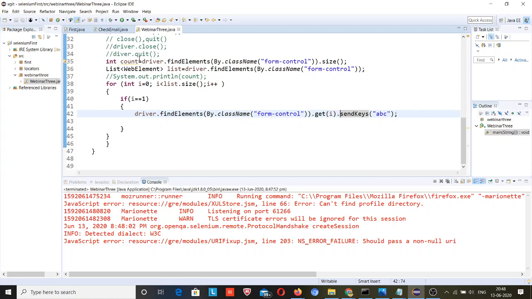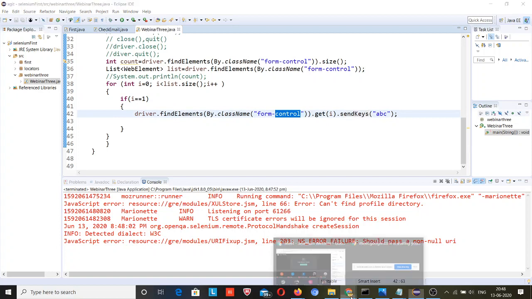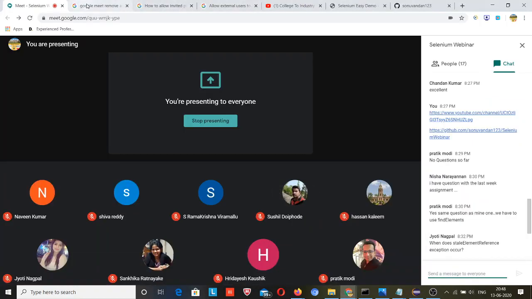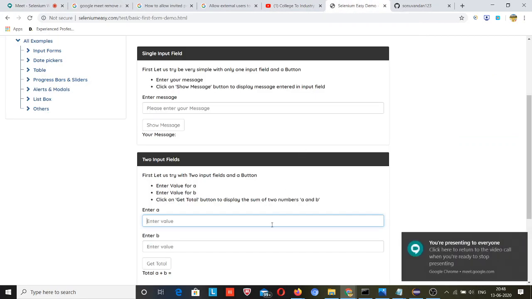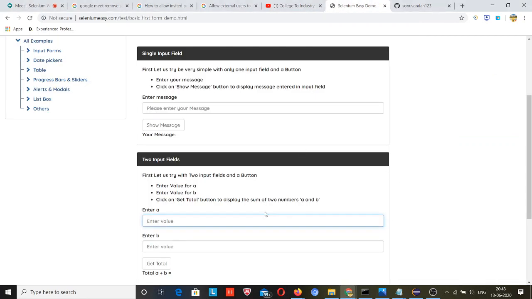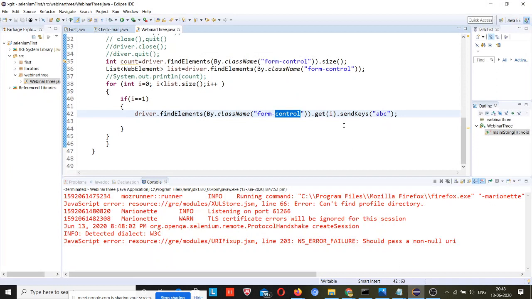When this for loop was running, Ramakrishna said that i is equal to 1. When it enters the text box whose index value is 1, it will enter on that text box index, but this method doesn't know, but this find element will work separately. What I am trying to explain is that i is equal to 0, that's fine. This loop is something different. This loop is not related to this.